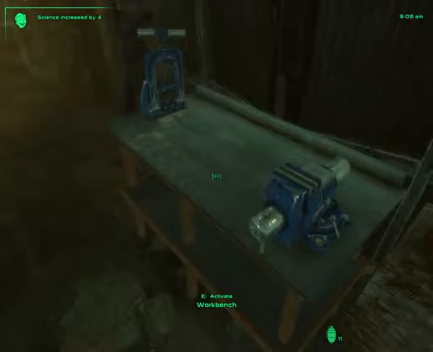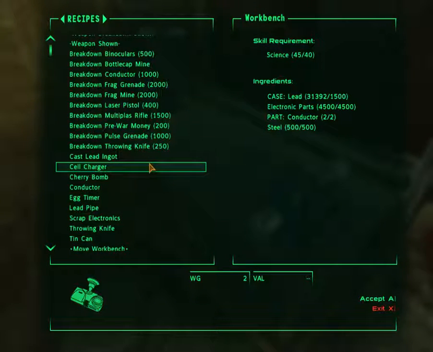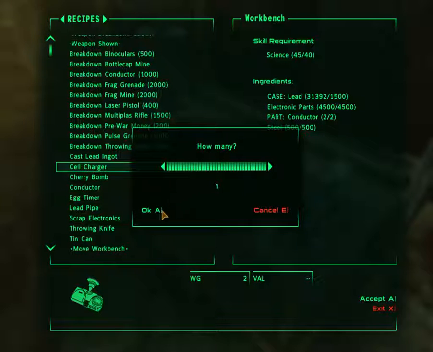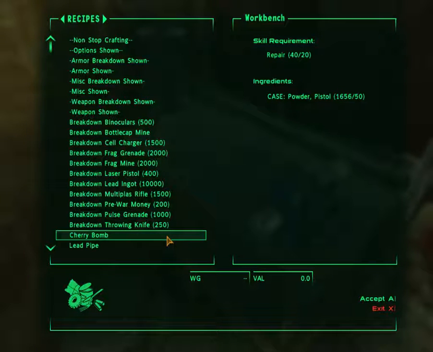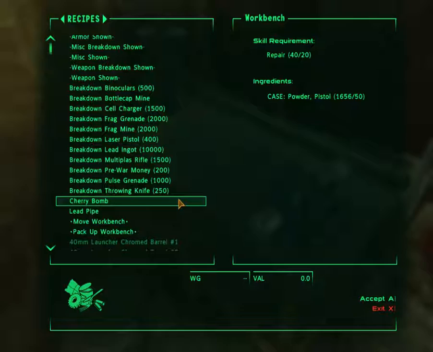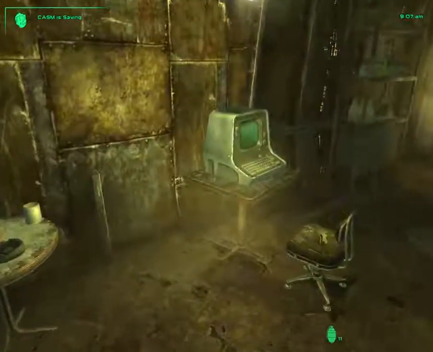There we are. Science increased by 4, so now we can make our cell charger completely by hand. There we go. One cell charger. And we'll also make some lead ingots, because I have to admit, one of the things that I really liked about Fallout 4 over Fallout, say, 3 or New Vegas